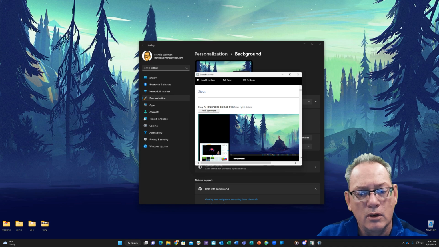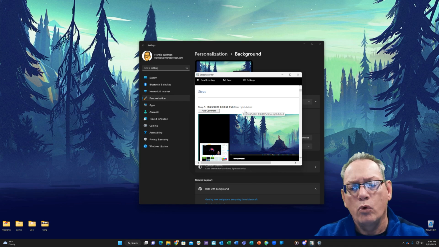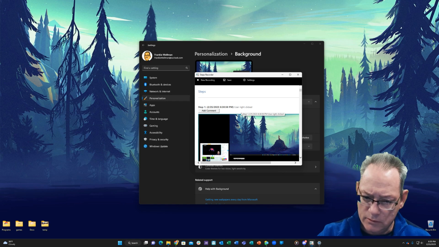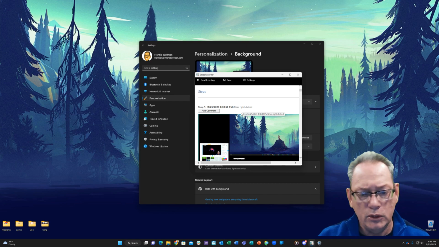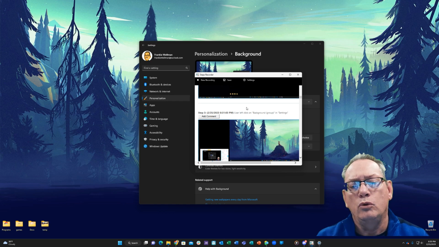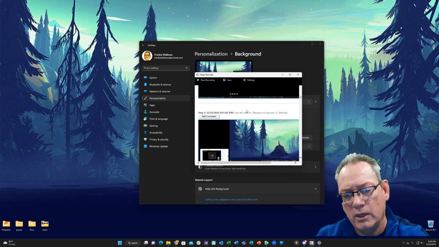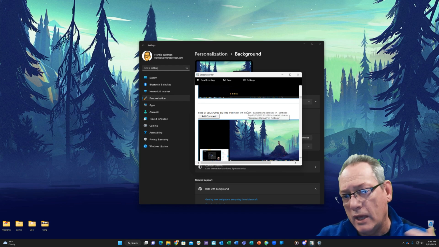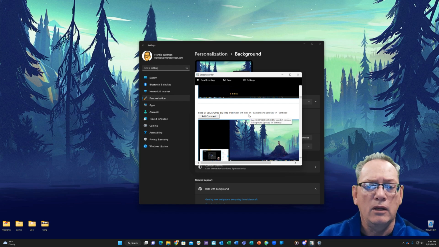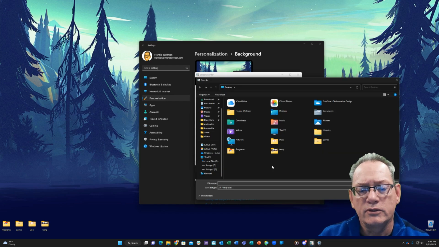If you notice here under step 1, user right clicked. Well, I need to give them more detail, so you can click Add Comment and you can actually type out exactly what you did to get to that first step. And then you would do that for step 2 and step 3. And then perhaps you want to add extra information. You could copy this information right from here and paste it in Word and add to it that way. If you're happy with what this has done here, you just hit Save